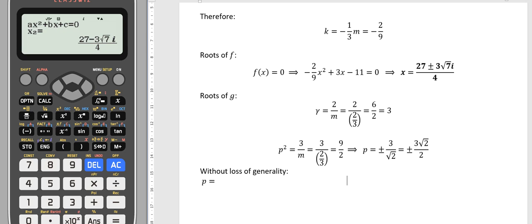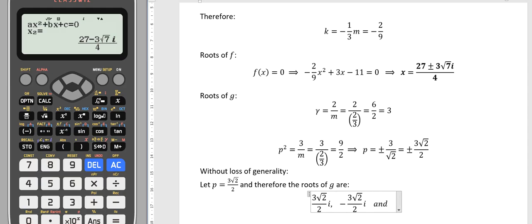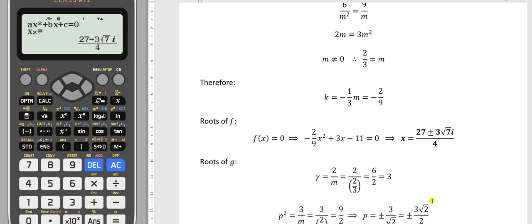We're going to say, let p equal 3 root 2 over 2. Therefore, the roots of g are 3 root 2 over 2i, minus 3 root 2 over 2i, and 3. It's worth remembering that now you've got the value of m,